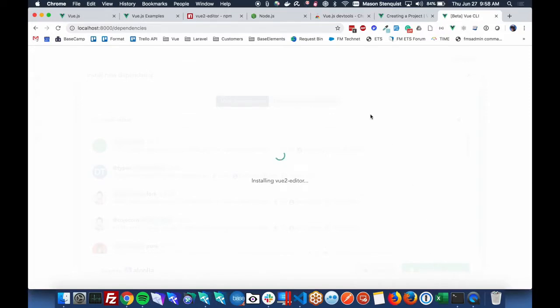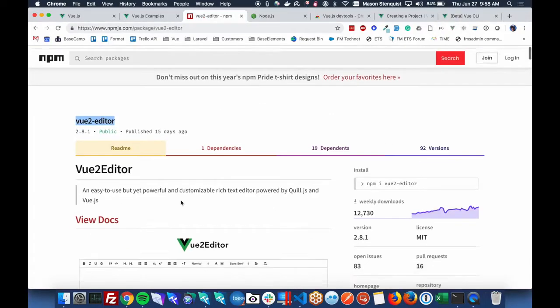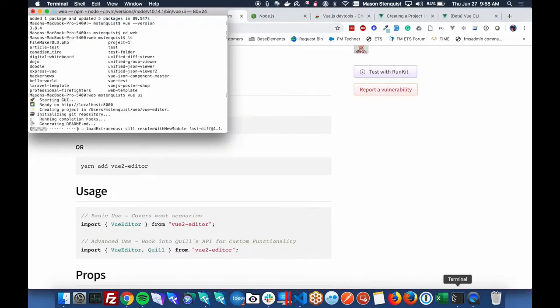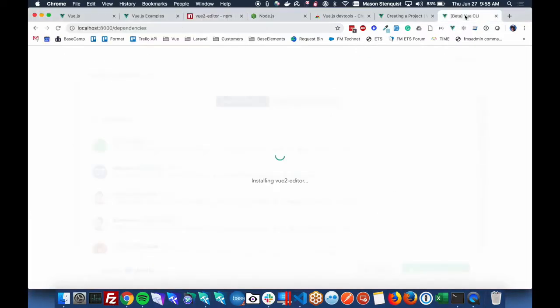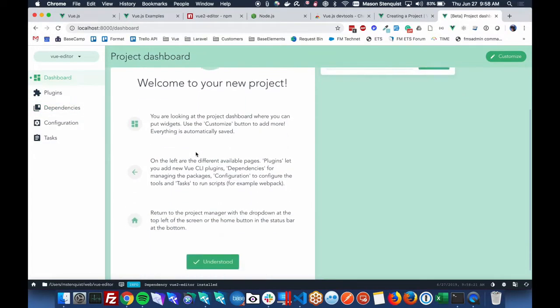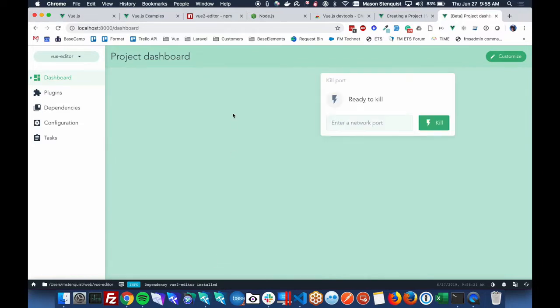and this is basically just running the install command for you. So instead of you going into the project and typing npm install in your terminal, you can run it all through a GUI, which, if you're not very familiar or comfortable with the command line, that might be preferred. All right, so we now have that. So we've got our dependencies. All right, now we can start up our project and start testing it.